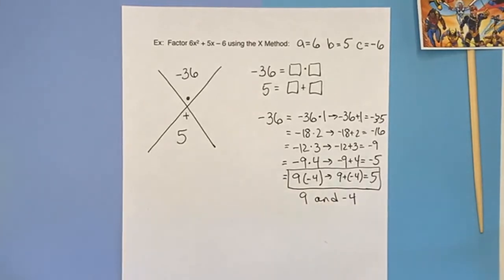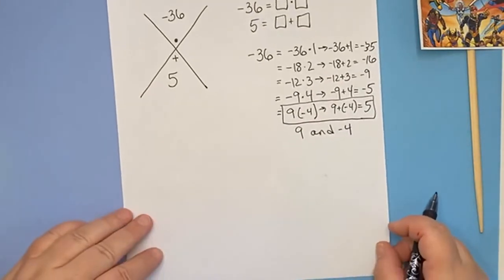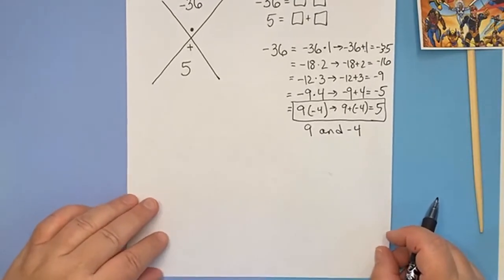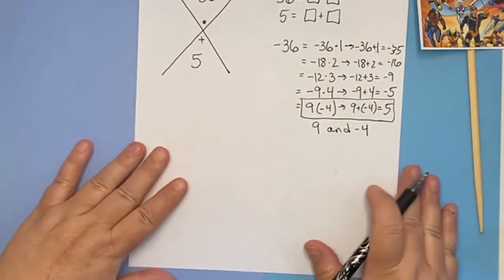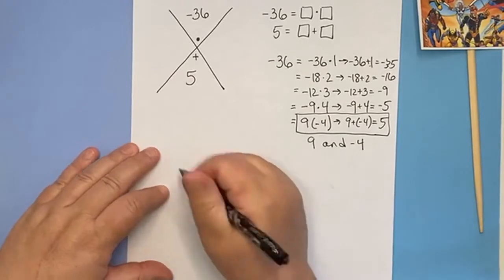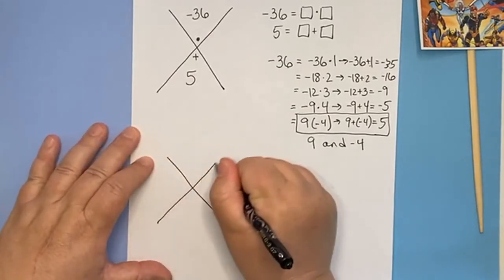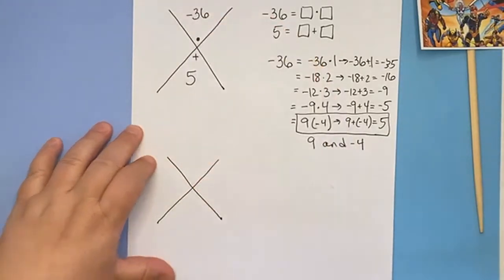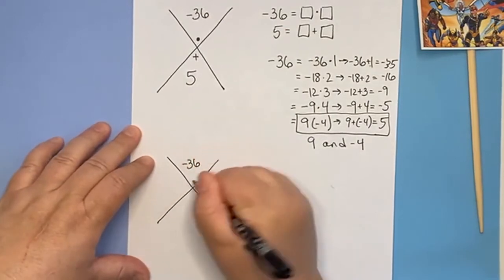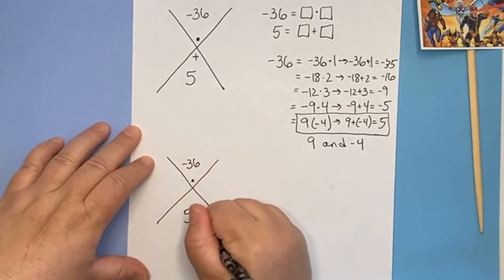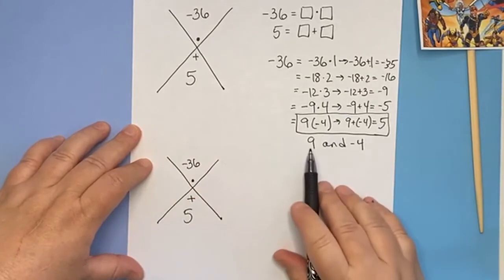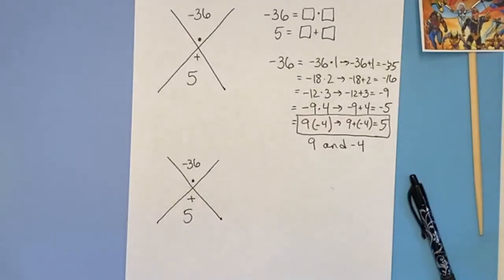So do you remember what to do now? You take your two numbers, and those are the numbers that go on the side. So I'm going to rewrite. I'm going to do my new x. You can go back to that x, but I'm going to move it down here. I've got negative 36 on top and 5 on the bottom. Now my numbers are 9 and